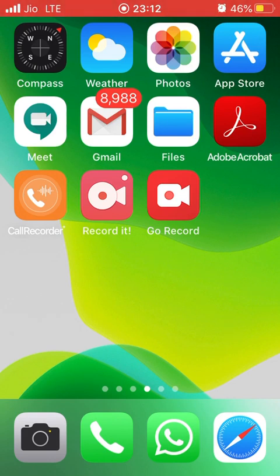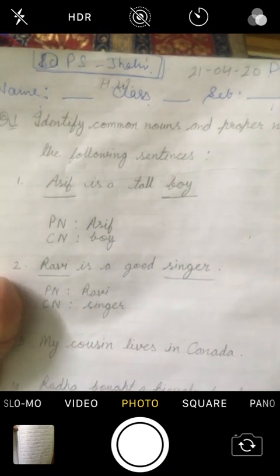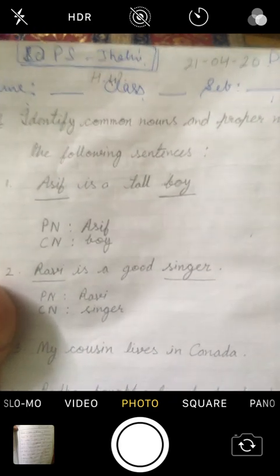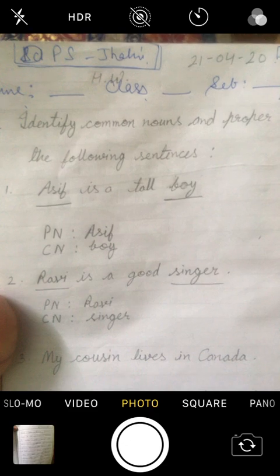After you have completed your exam, you need to click, rename and then mail the sheets. Now I'll tell you how you can do that. You'll click on the camera. This is for the iOS user. I'll be making another video for the Android user as well. Now you can click. This would be your sheet.